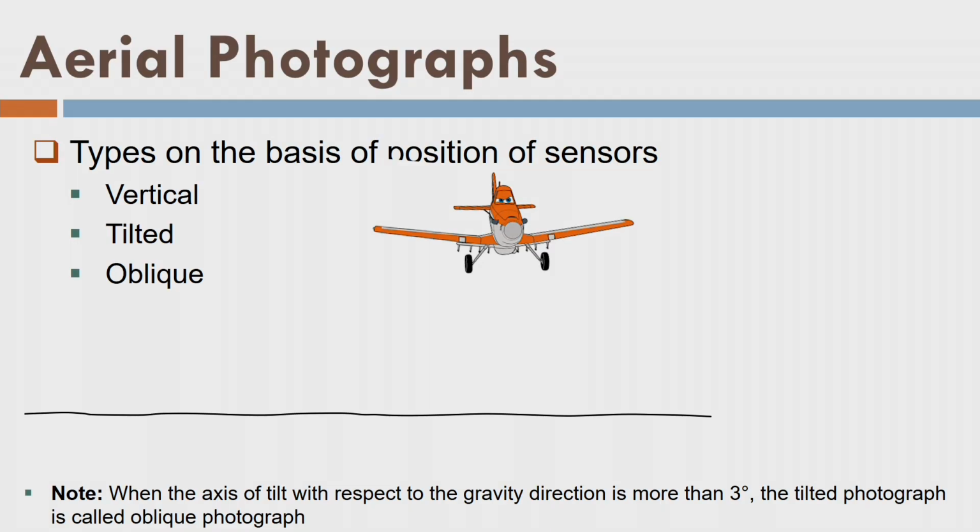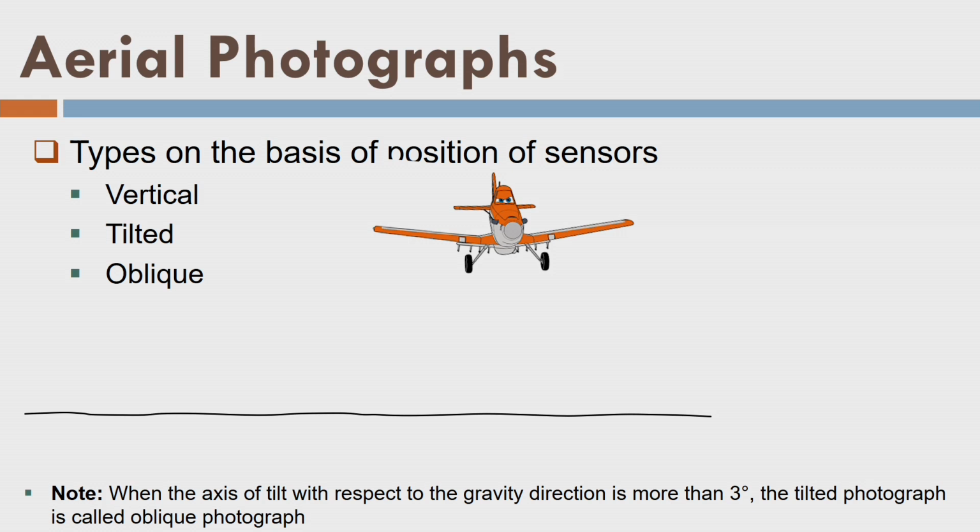Okay. Now, let us talk about the types of aerial photographs. As I told, the information in this lecture is quite scattered. So, we will go one by one, and you may feel that there is no connection between the two, but yes, these are the basic terms that we should understand before getting involved in photogrammetry. Okay, so based on the position of the sensor, we have vertical photographs, tilted photographs and oblique photographs. Let us look into them one by one.